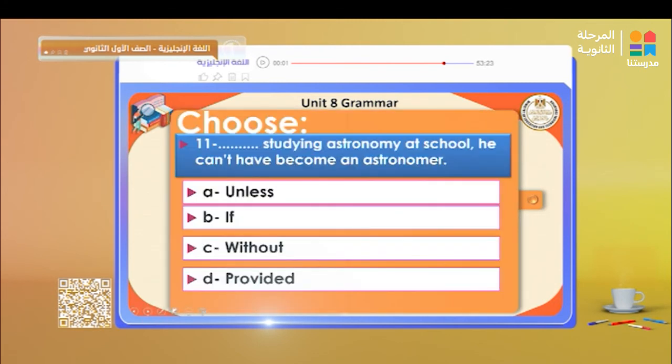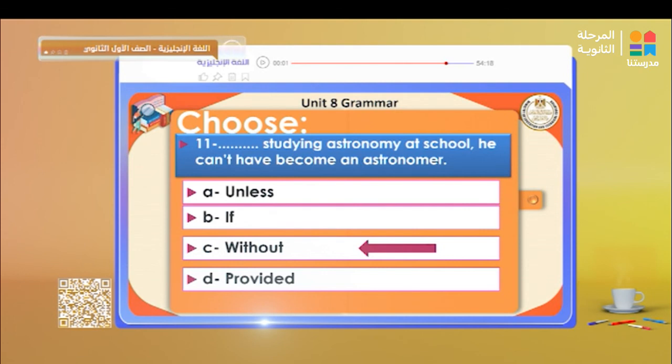Okay, let's look at some exercise. Studying astronomy at school, he can't have become an astronomer. Can't have become. So here it's a negative form. So we say without studying astronomy. ليه استخدمنا without؟ ليه ما قلناش unless مثلا؟ طبعا هي نيجاتيف، السكند كلوز نيجاتيف، فيبقى اكيد انا